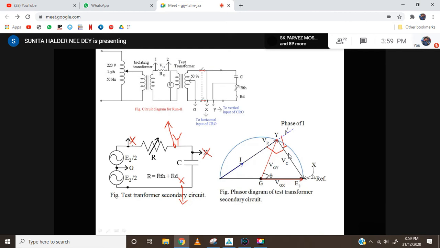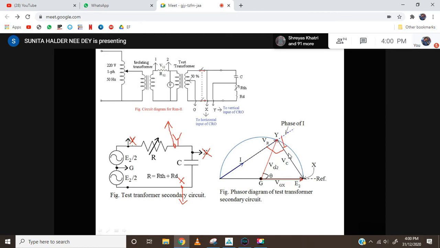Now if we short the resistance, then what will happen? VR will be 0, and the Y point will shift here. Am I right? Yes, ma'am. Then in that case, theta will be 180 degrees. So in that way, we can view the 180-degree or 0-degree angle on the oscilloscope as those two straight lines. In the same way, by varying the resistance, we can make theta 90 degrees or 45 degrees. For 45 degrees, we have to measure for which value theta comes to 45 degrees, and then we have to set that one, right? Understood?